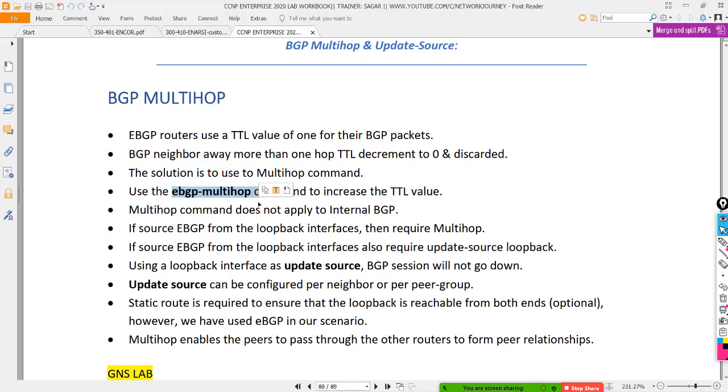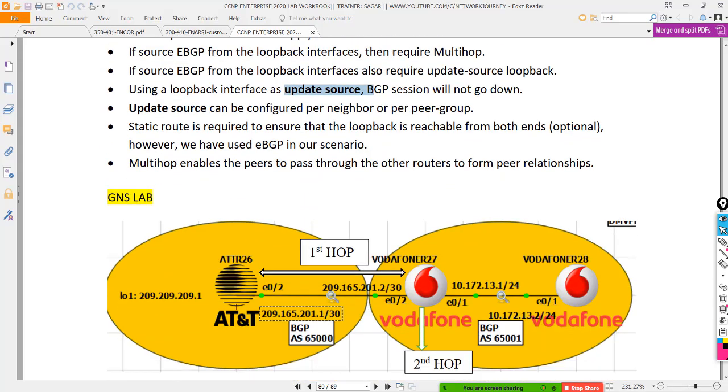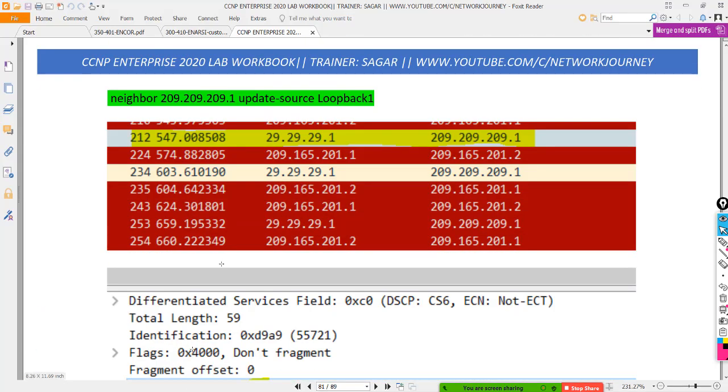Now you are sending more TTLs, that's fine, but they are not going to have happy neighbors, because the source and destination are still acting as per the default BGP theoretical concept, that they take the source and destination of the physical outgoing interface, and that's why they are not establishing the neighborship between the two loopbacks. So you make use of update source to change that behavior,